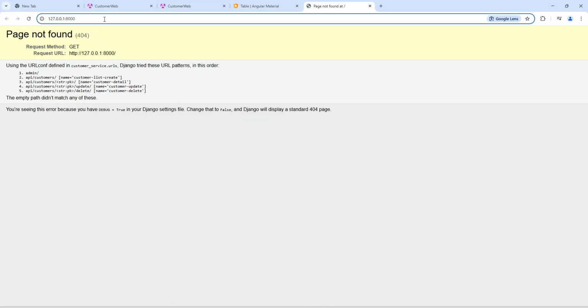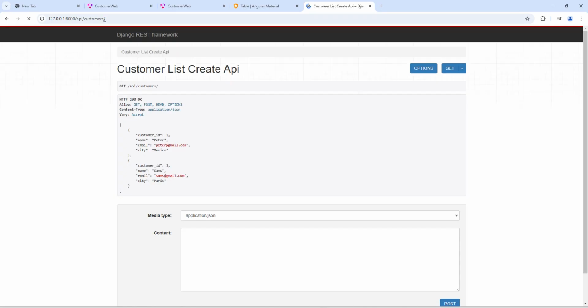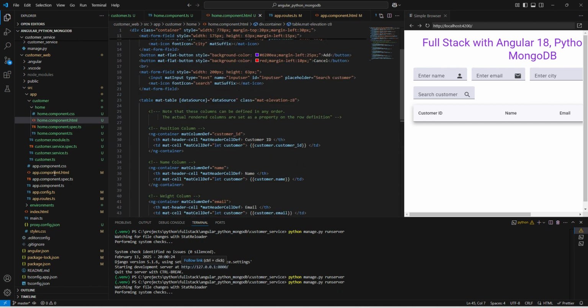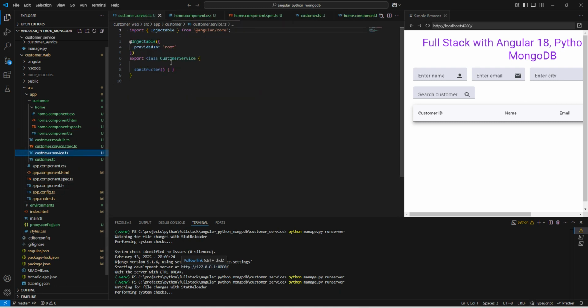Here we can use API/customers, and these are some backend data we have. Now let us show the backend data on the front end side. Now we need to write our get API. First of all we need to go to customer service, and here what we can do,